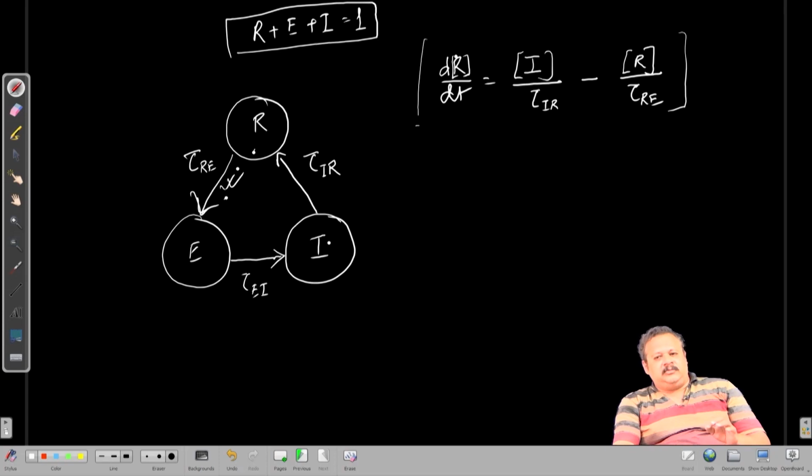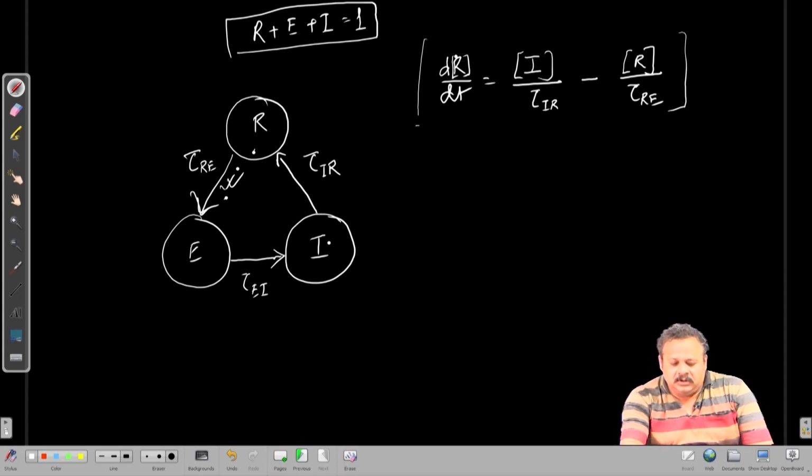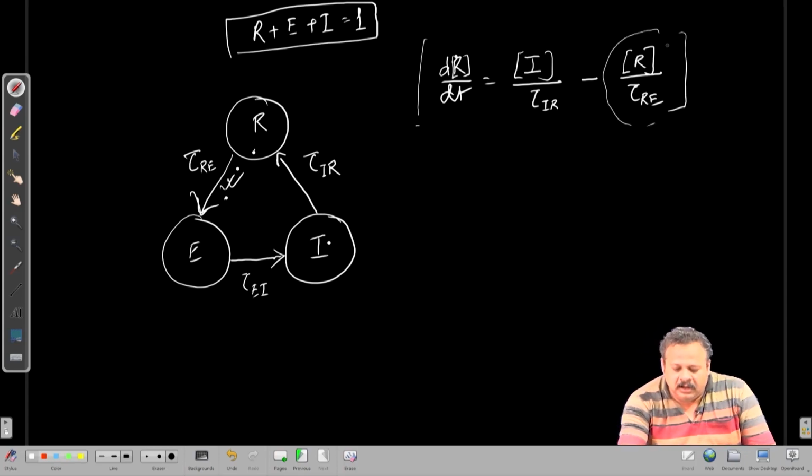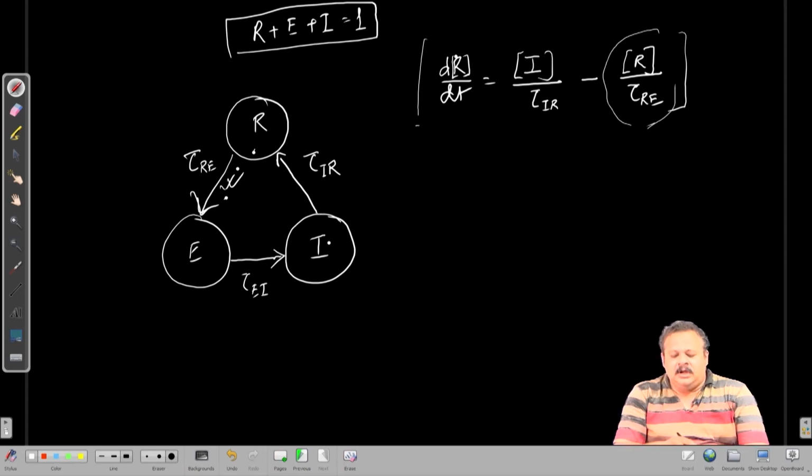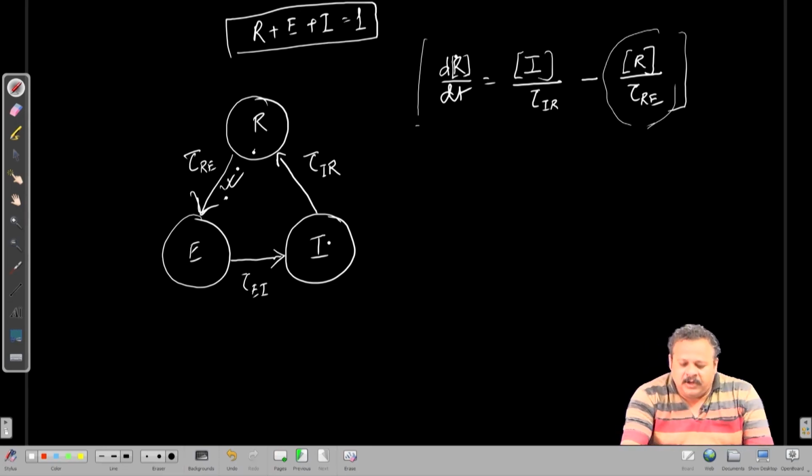So, when there is an action potential, only then the vesicles inside the presynaptic side are going to release the neurotransmitter. So, this rate of reduction in R must be happening only at the time points of